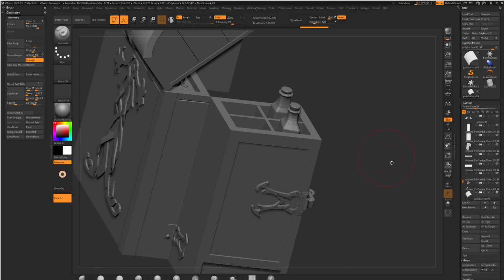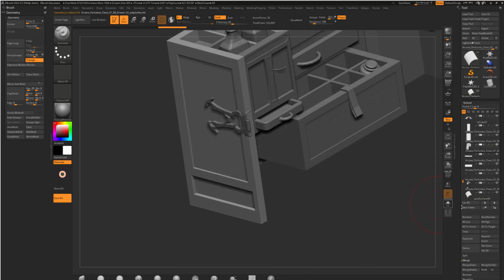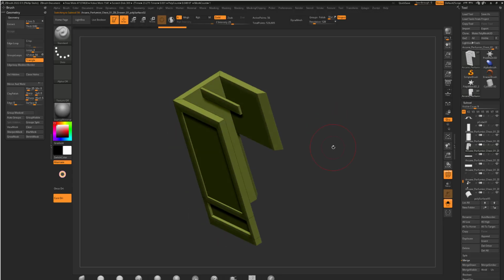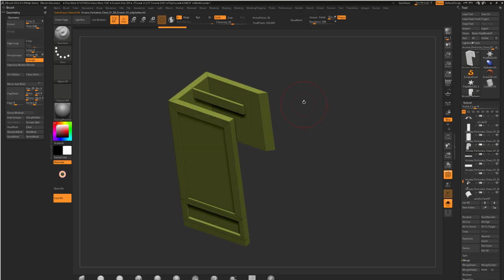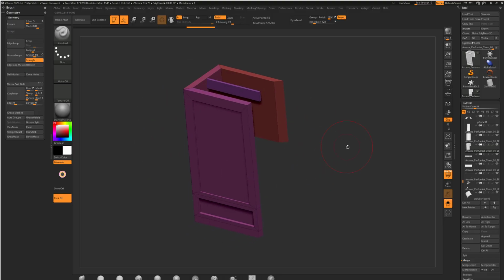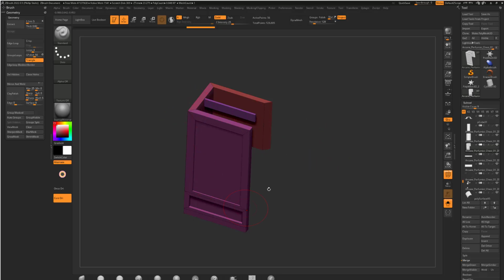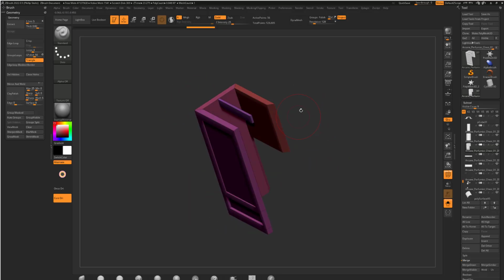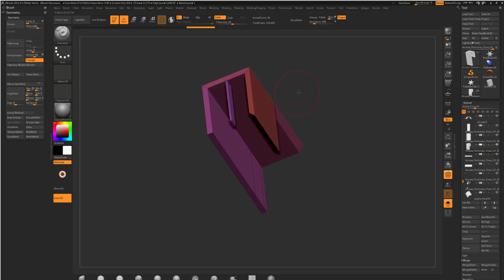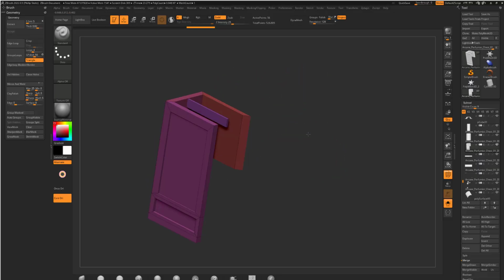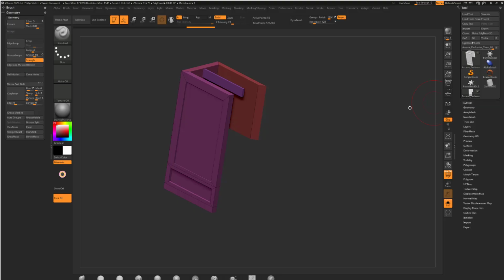Now, what we want to do is take this right here, and we're going to do an auto groups. So notice this is just auto groups. I didn't split the groups and create more subtools. I just did an auto group. So each mesh is its own polygroup. With that, what you can do is go to your geometry tab